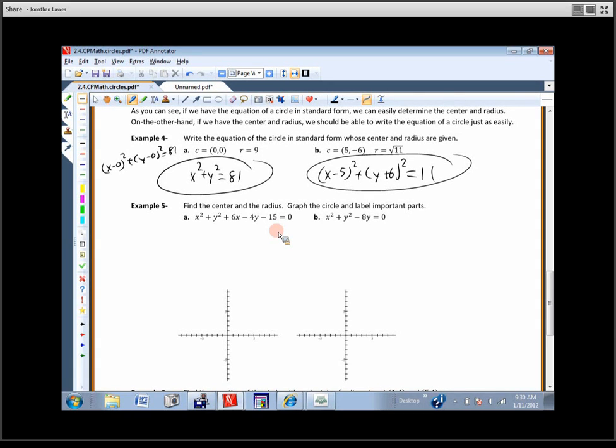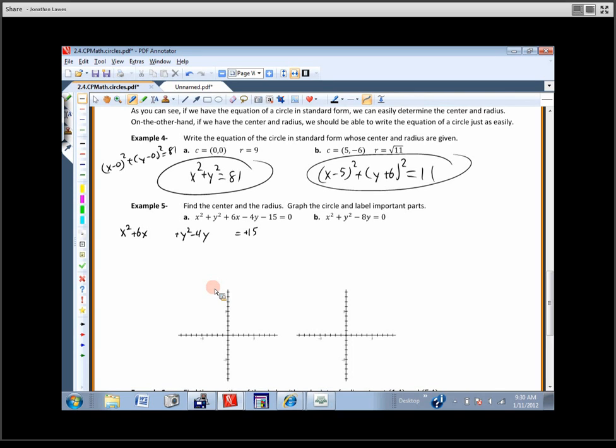Very good. We group the x's and the y's, so I'm going to group the x's together. So there's an x squared plus a 6x. I'm going to leave a little space. I'm hoping somebody can tell us why I'm going to do that. Here's a y squared minus a 4y, and I'm going to move the negative 15 to the other side, so that's going to be a positive 15. Now,